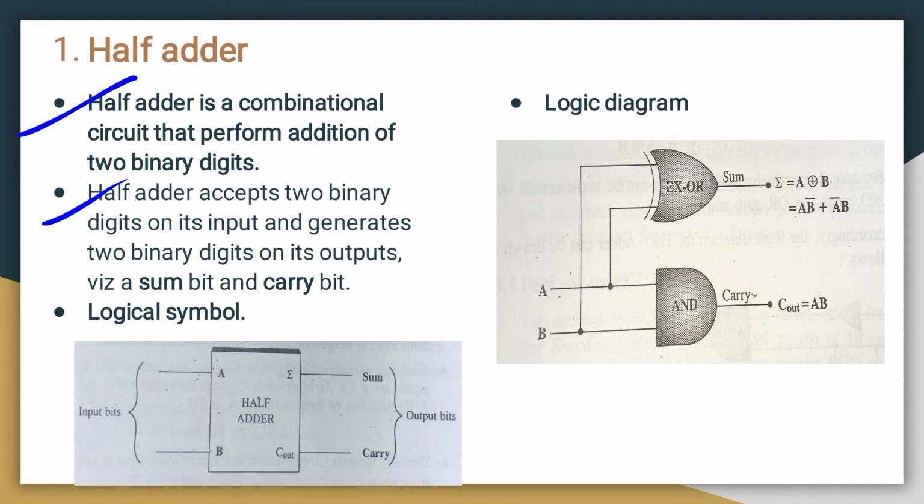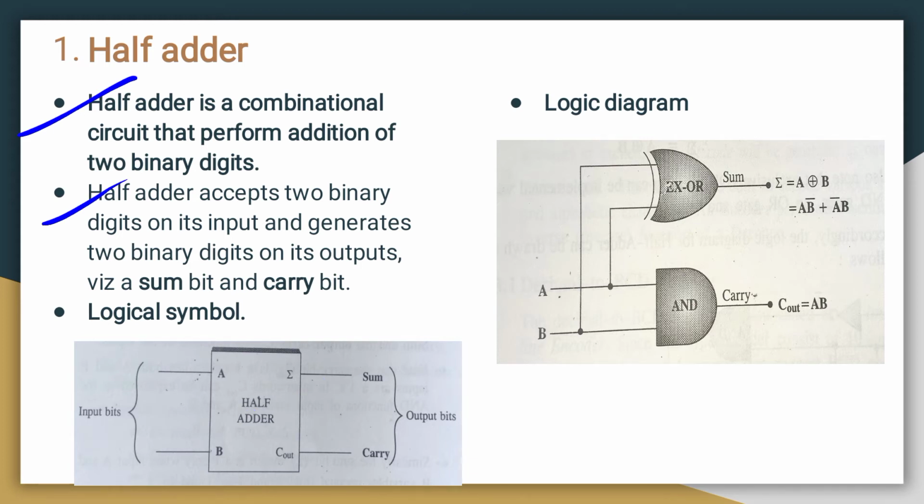See in the logic symbol, this is the circuit. In this circuit we have two inputs, A and B. We take two outputs, sum and carry. Okay, next we come to the logic diagram. In the logic diagram we define what is the content of the box in the logic symbol. We have drawn the box, and the logic diagram shows in depth what circuit is inside the box. So that is the logic diagram.